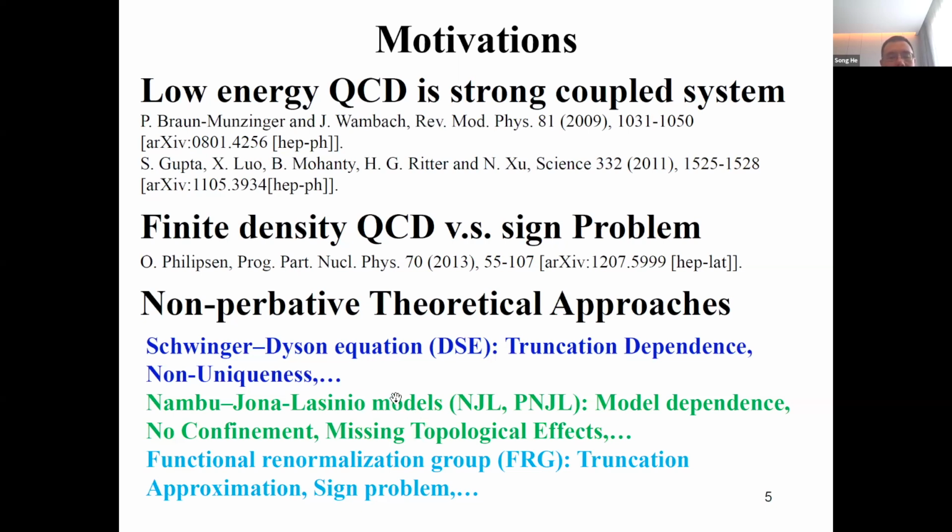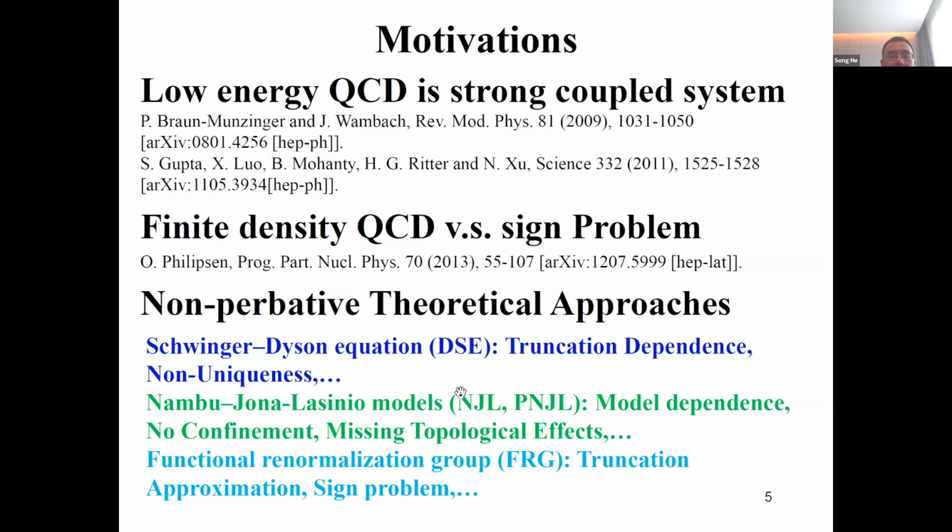You have to match the data, realistic data or first-principle calculation data. You have to fine-tune the model parameters and set up this model, but there is no systematic way. Also, the functional renormalization group depends on a truncation, and you can meet the sign problem. For all these models, there is no unique or unified non-perturbative theoretical approach. So we can capture just some aspects of the QCD phase diagram, typically for the quark-gluon plasma phase.